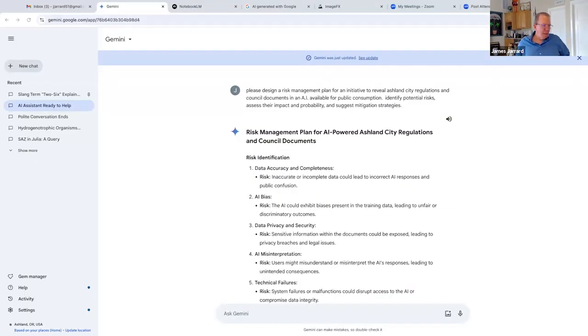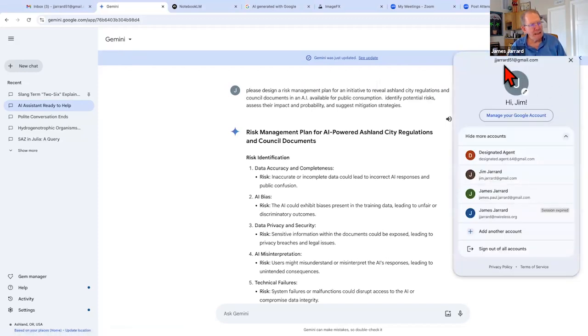But here is, it's going to get a little confusing, I'm sorry, but here is the Gemini screen, gemini.google.com. And I've signed in as this ID. I have all these that I use.